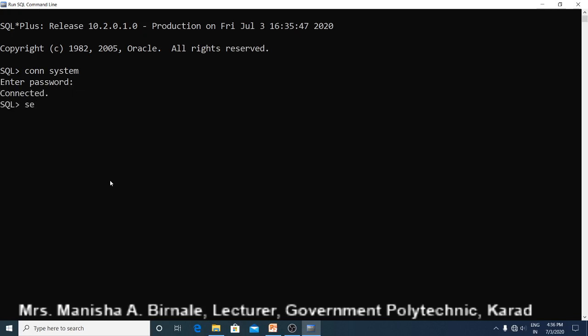Now let's check whether the records are saved or not. Select star from our table name was T1. So you can see that these two records are saved permanently in the database, and this happened due to commit command.